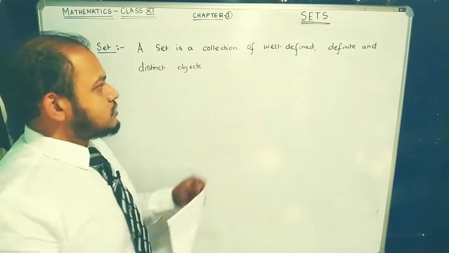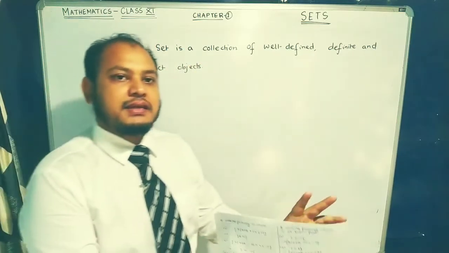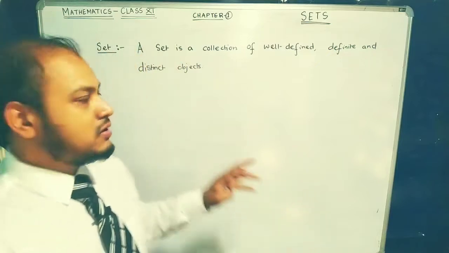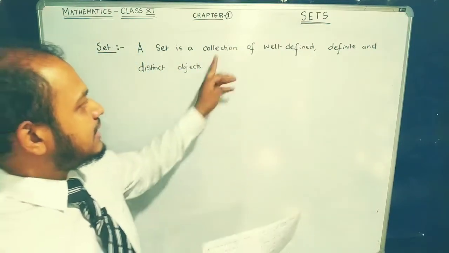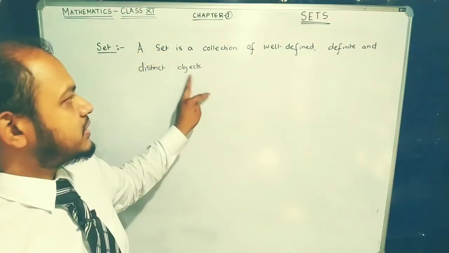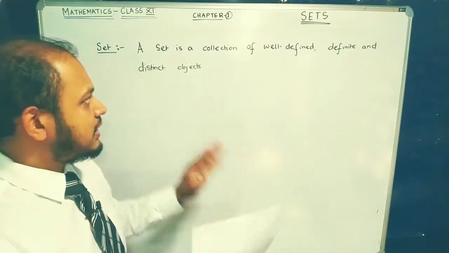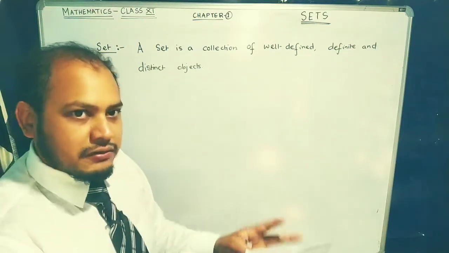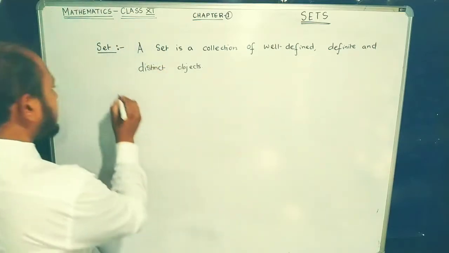Okay. So from the definition we find that a set is nothing but a collection. It is simply a collection of some objects. So every set is nothing but a collection of well-defined, definite and distinct objects. Every set is a collection of some objects which are well-defined, which are distinct, which are definite. For example,